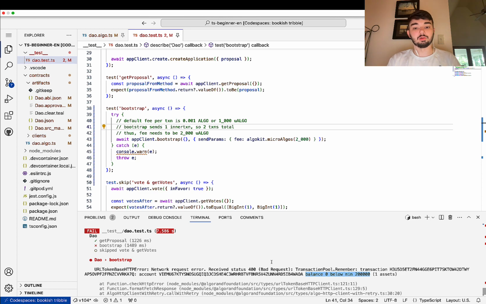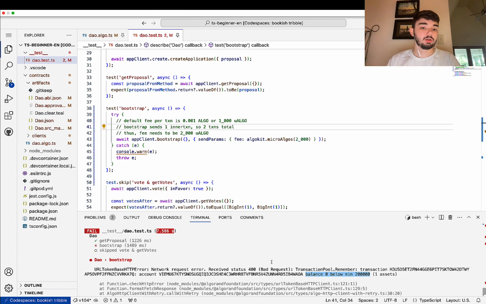That's just the default balance you need in order to be included in the ledger. If your account has 0 algo in it, then the ledger isn't keeping track of it, which makes sense. Why take up space in the ledger if you don't have anything? So if we want an account to show up in the ledger, we need 0.1 algo or 100,000